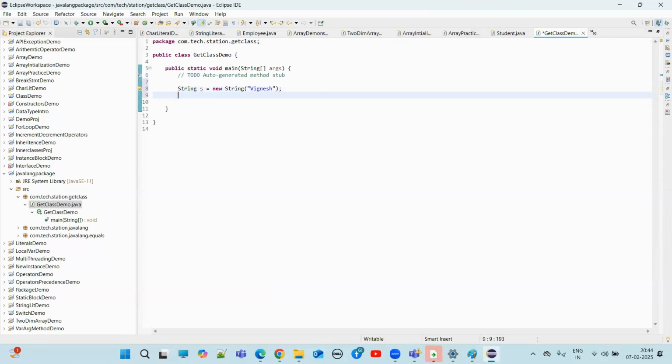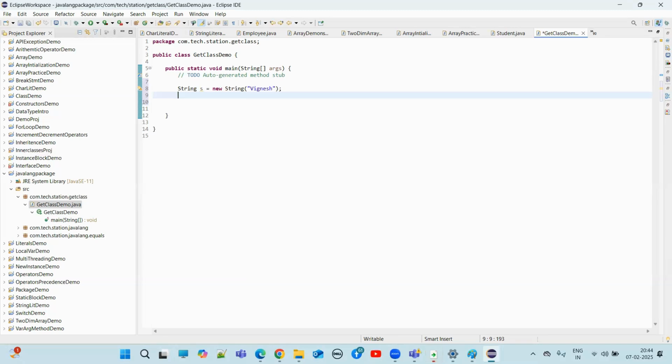Now I want to see what is the runtime class name of this s, I mean the runtime class definition of this object called s. So now if you see that object s, what is the class name? Already we know because we created a string. But if you call